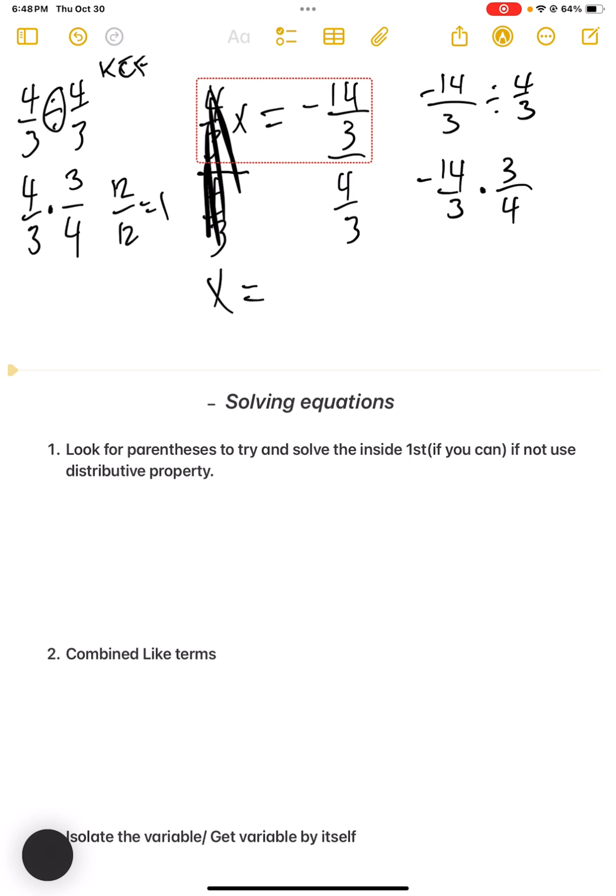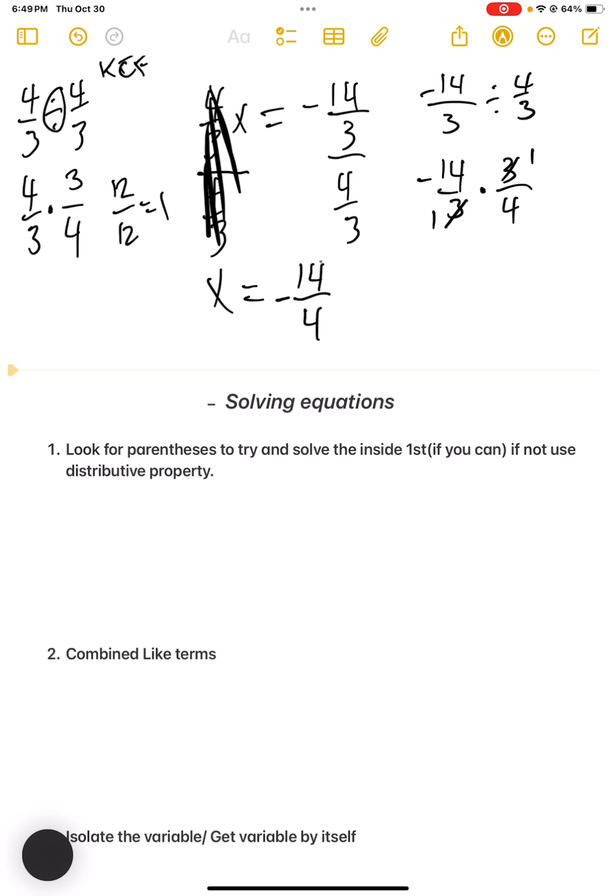You can find, if you go across from each other, these two both have 3 in common, which would turn them into 1. So now that's 14 times 1, which would be 14, and 1 times 4, which would be 4. So x would equal negative